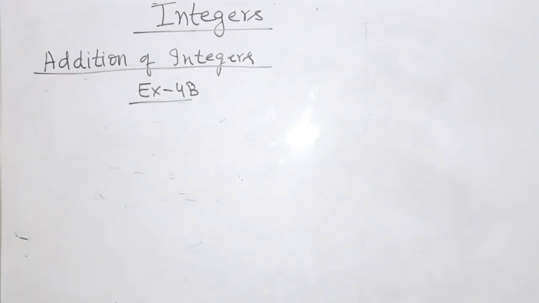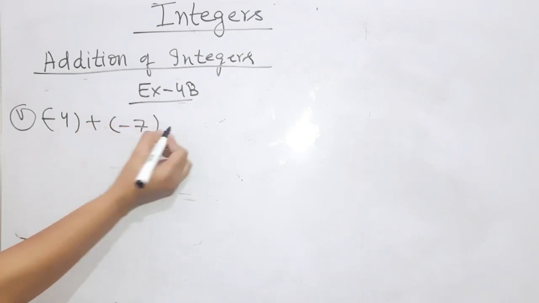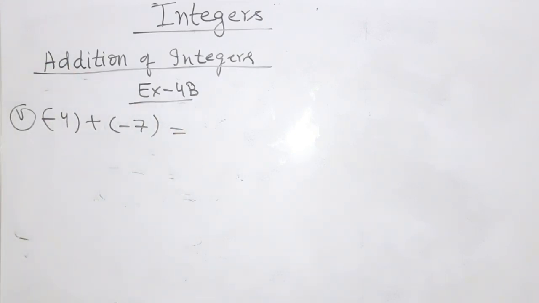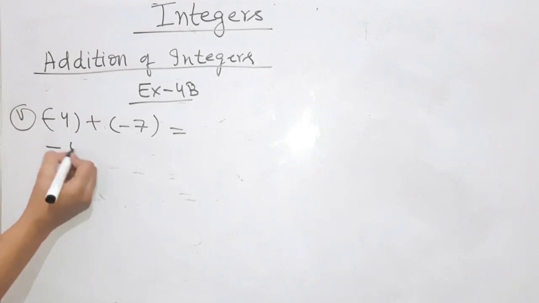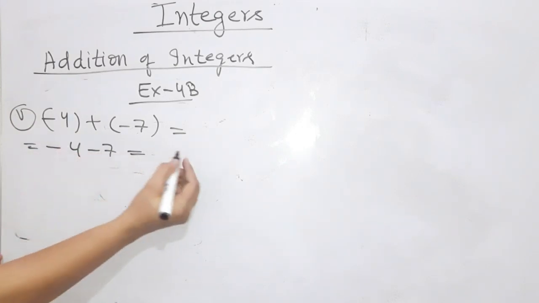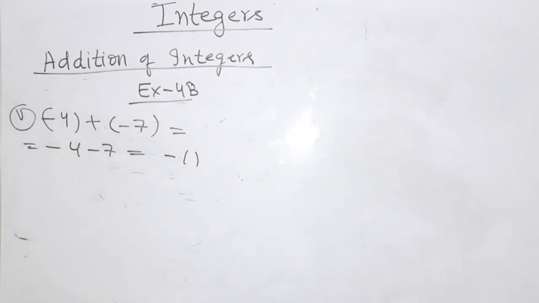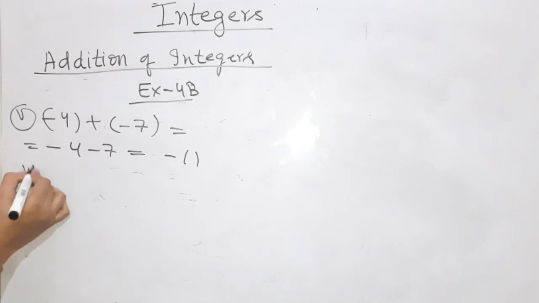Coming to the fifth option, minus 4 plus minus 7. See, both the integers are negative. That means minus 4 minus 7. That means minus plus: 7 plus 4 is 11 and the sign will be given as negative. Coming to the sixth one,